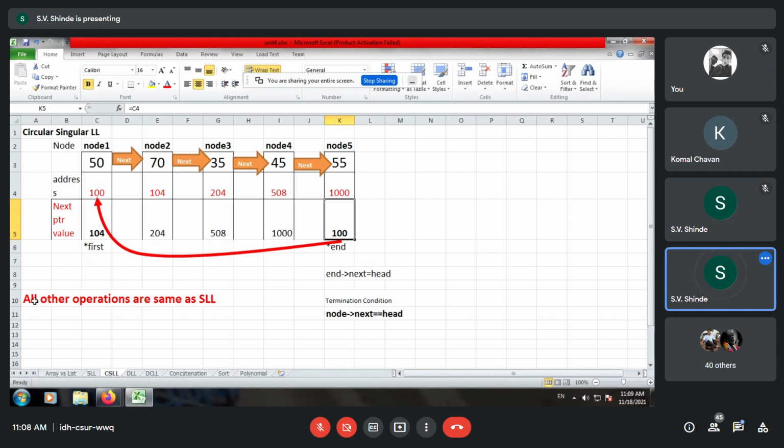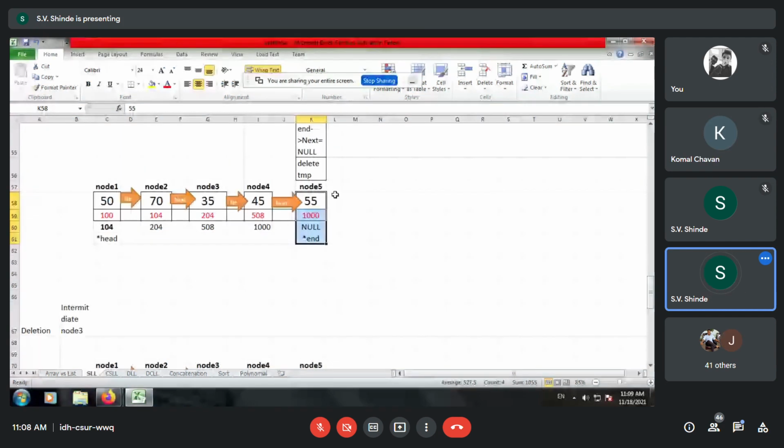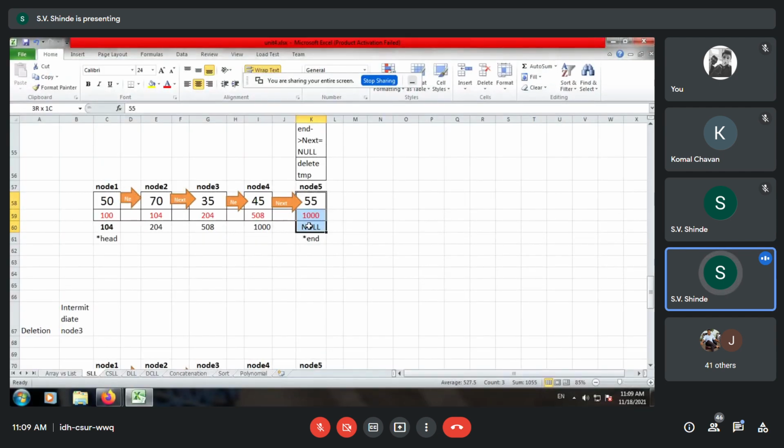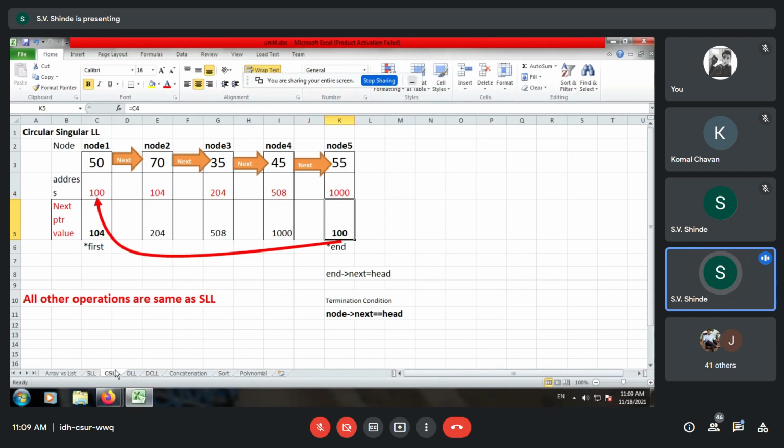There was utilization of the null node as far as single linked list is concerned. The terminating point was null, and now in circular single linked list we are updating it with the statement end arrow next is equal to head.